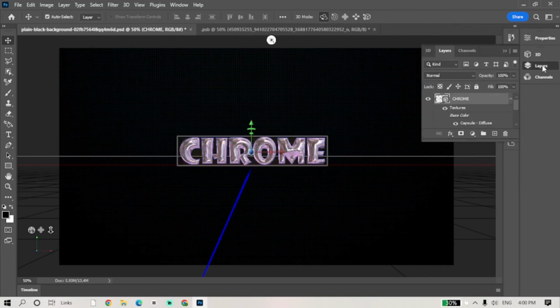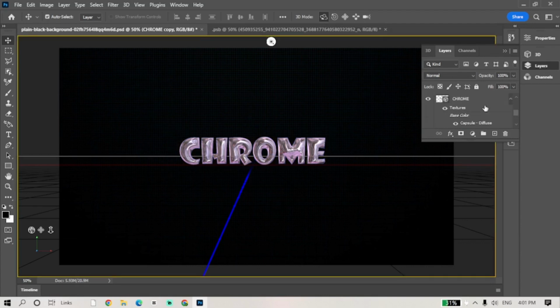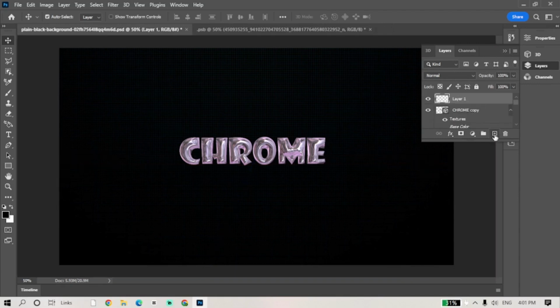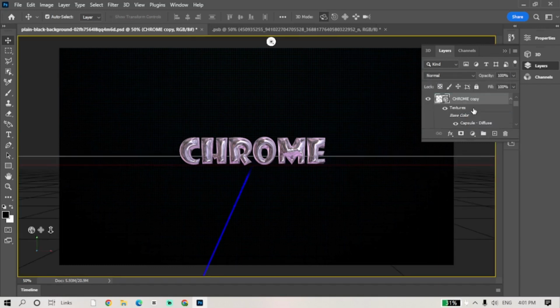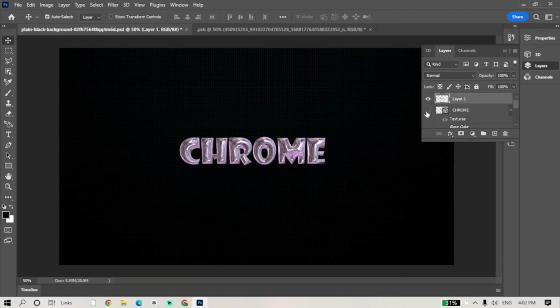Next, select the text and click on the Layers panel. Now let's make a duplicate of this layer by pressing Ctrl+J. Then, let's create a new layer by clicking this plus icon. Hold Shift and select the new layer and the Chrome copy layer and press Ctrl+E to merge these layers. After that, click on the eye icon to hide the main Chrome layer and click on the adjustment layer icon